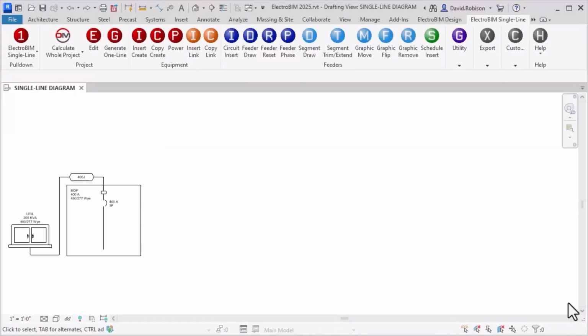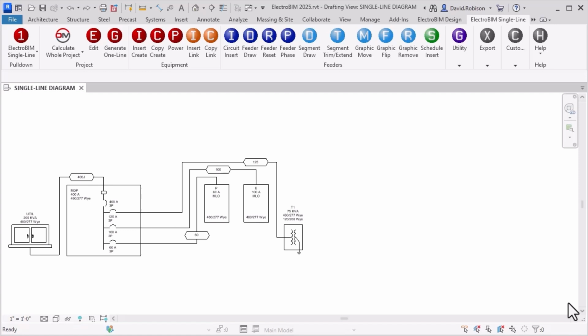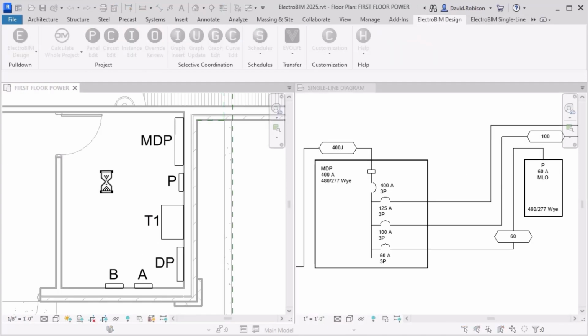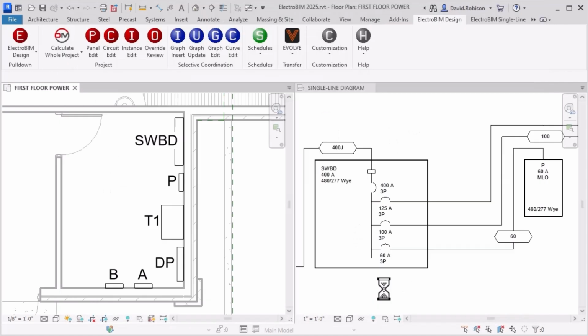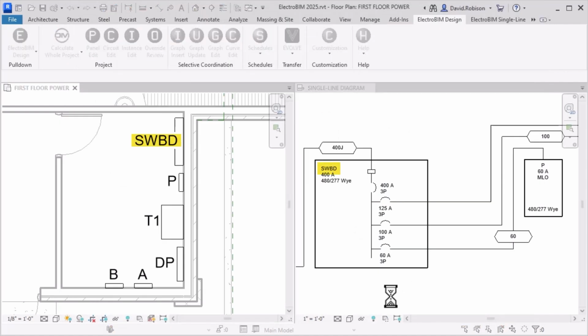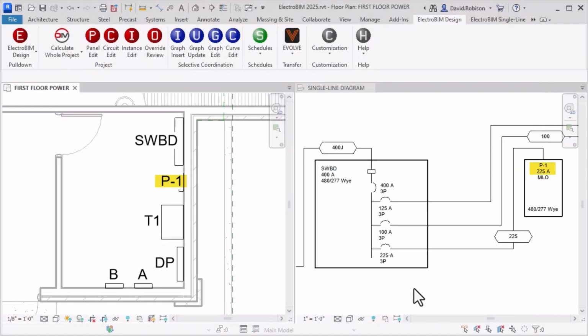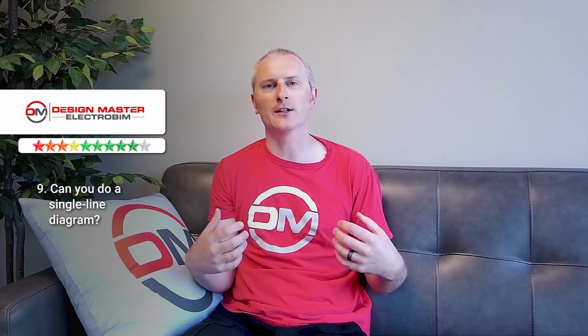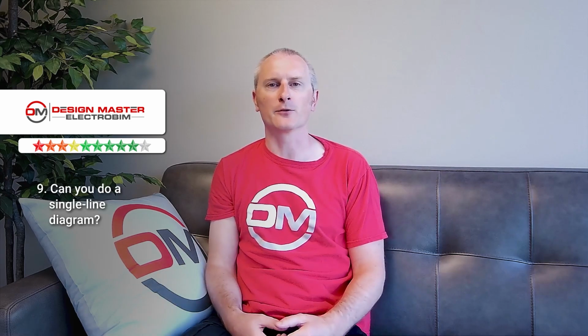Question 9 on the scorecard is about single line diagrams. Can you do single line diagrams using ElectroBIM? We can. We have implemented single line diagrams in a drafting view in Revit, and that drafting view is actually linked to the Revit model. So changes in one are going to be happening in the other. If you change a panel name in your Revit model, it's going to update in the single line diagram. So we have a single line diagram feature that's actually a fully integrated part of the rest of your Revit